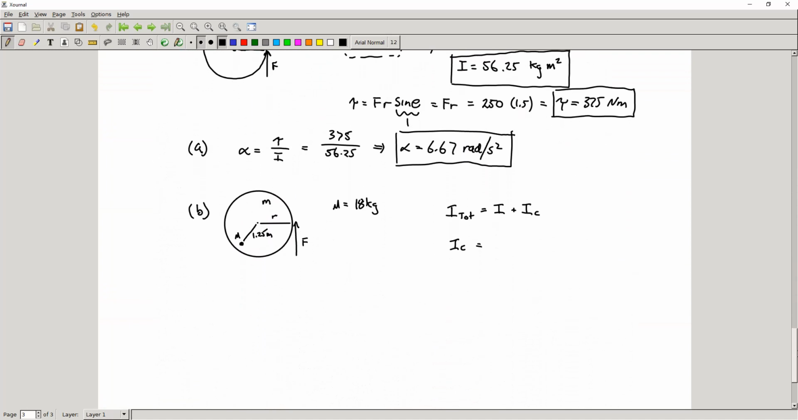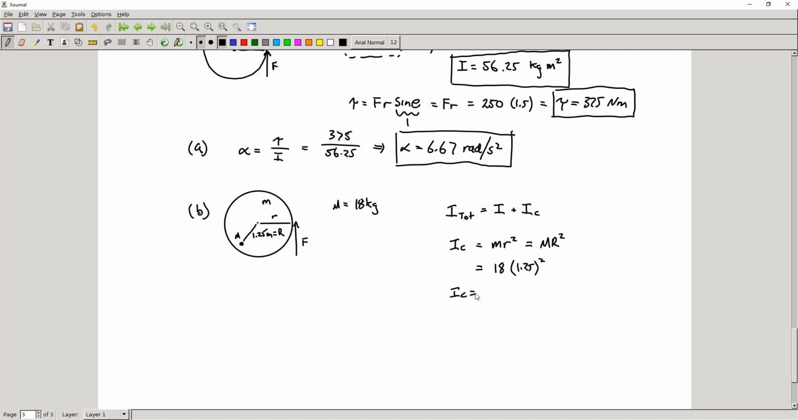And so if we approximate this child as mr squared, then we can very easily calculate what that moment of inertia contributed by the child is going to be, right? So we can do that right now. We know the mass of the child here, I guess I could have rewritten this with big R, and then this is going to end up being mr squared, which is equal to 18 times 1.25 squared. And if we do that calculation, we're going to find that